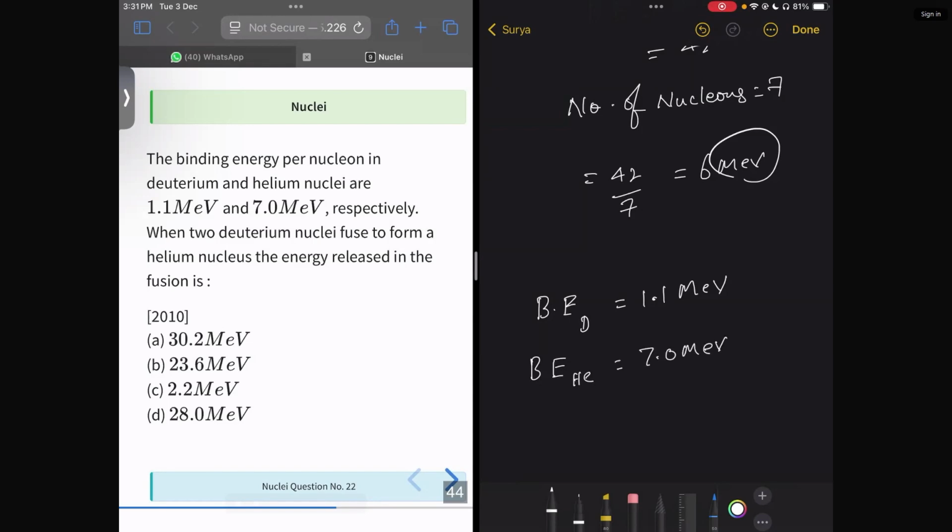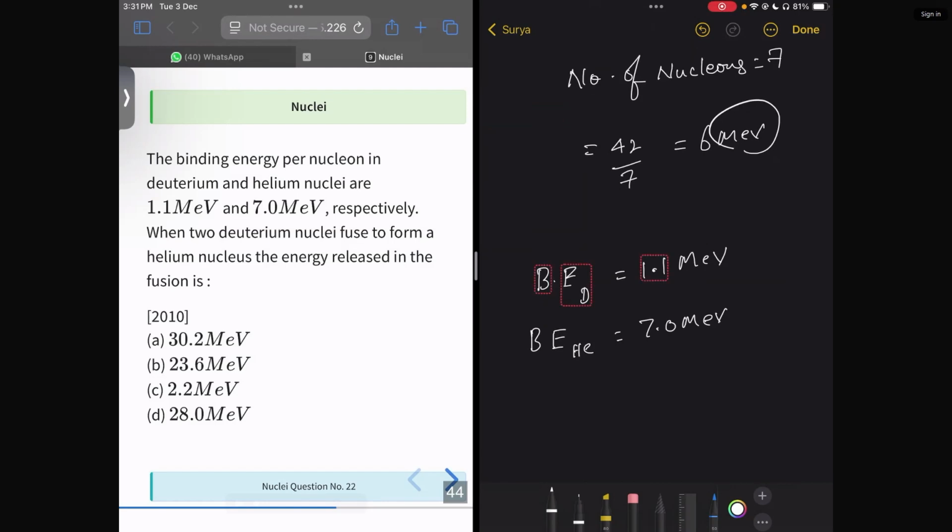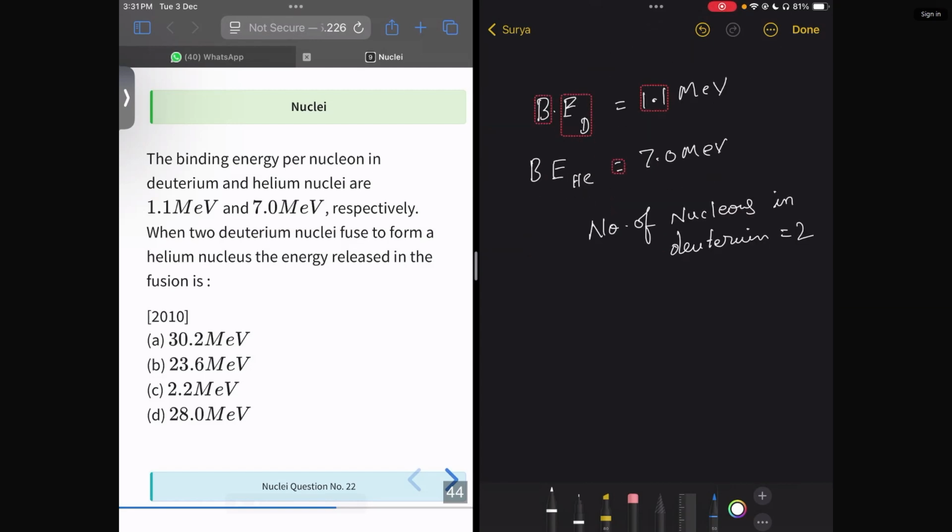This is the energy per nucleon. So the number of nucleons in deuterium will be 2, right? And the number of nucleons in helium will be